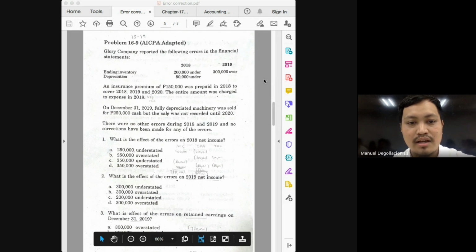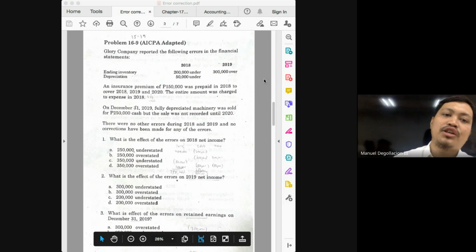Add, by increasing it equivalent to the amount of understatement. So for 2018, you're supposed to increase your net income by 200,000. Okay. Because it was understated by 200. Next,